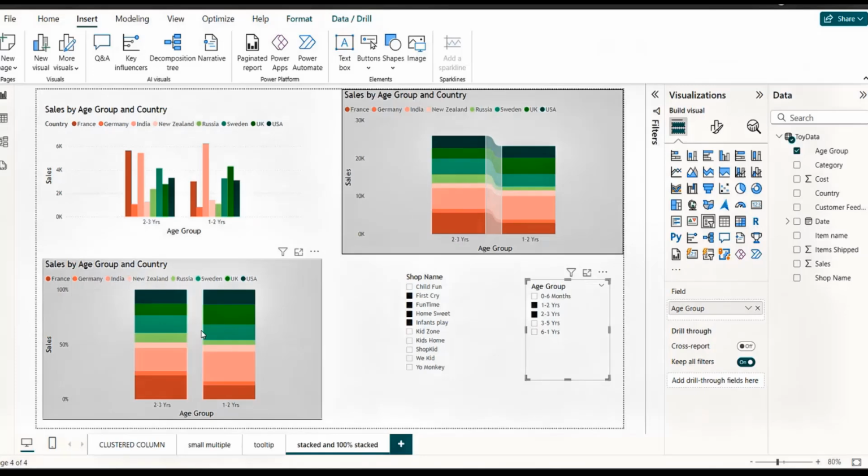Right? Power BI is nothing without this cross filtering. It's very powerful. Okay. Anyways, now, since you learned the cross filtering, the next thing which I want to